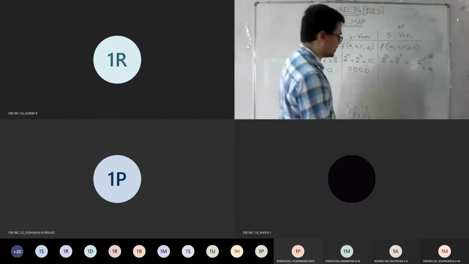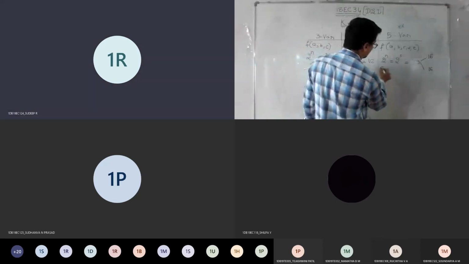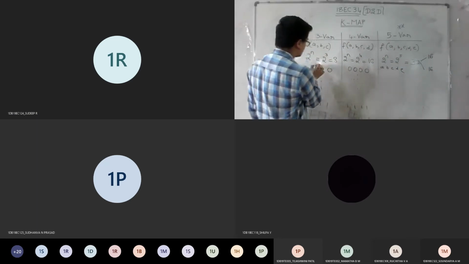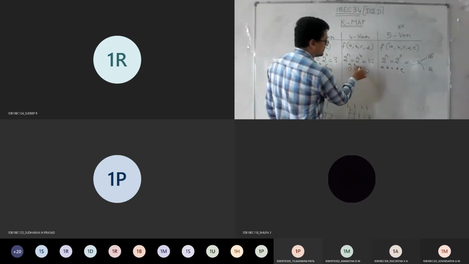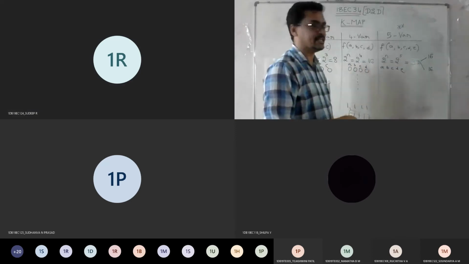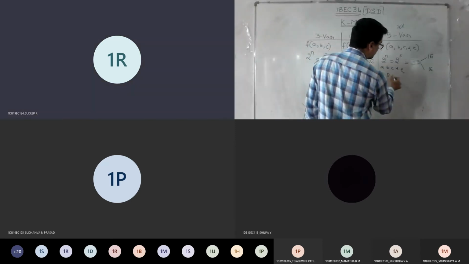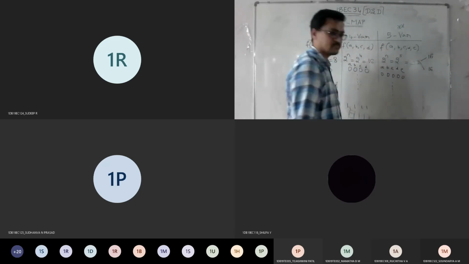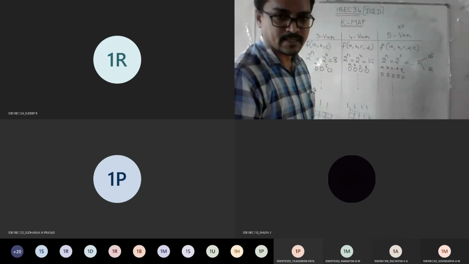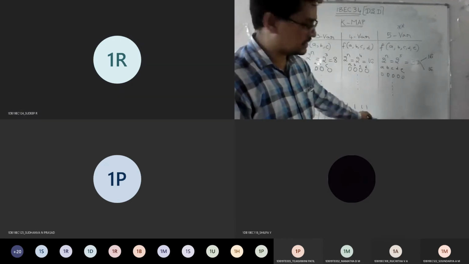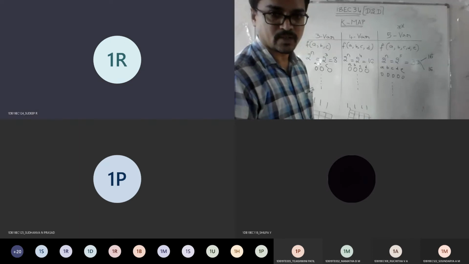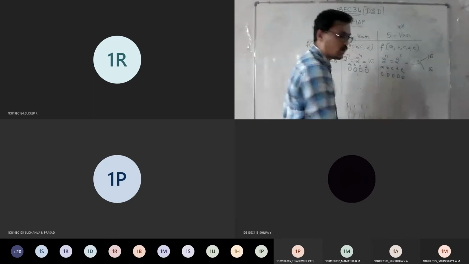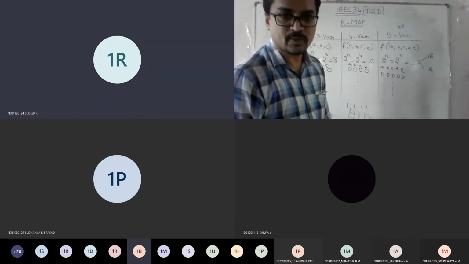Then how will the truth table be? If I write the variables A, B, C, D, E, earlier you learned how to write truth tables for each. You wrote A, B, C, and then A, B, C, D. Now I need to write for A, B, C, D, E. It starts from five zeros and ends at five ones. Agree? Correct? I need to start with five zeros and end with five ones. Totally you will have 32 combinations.